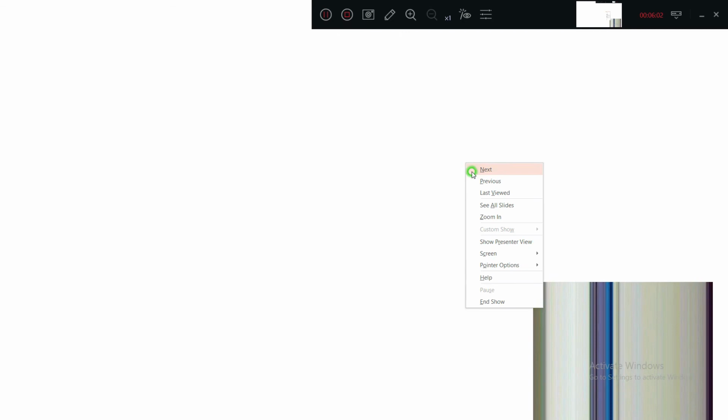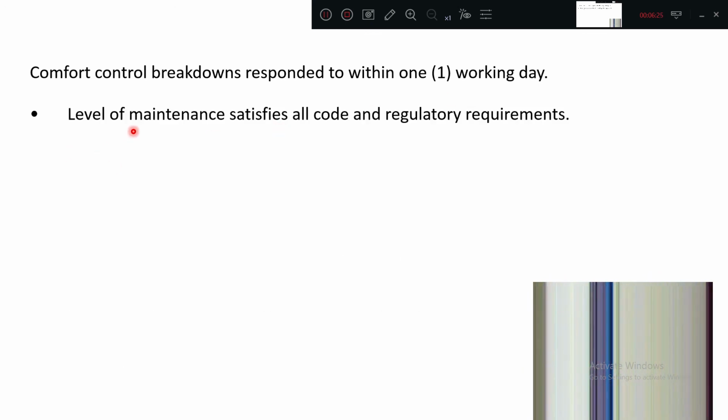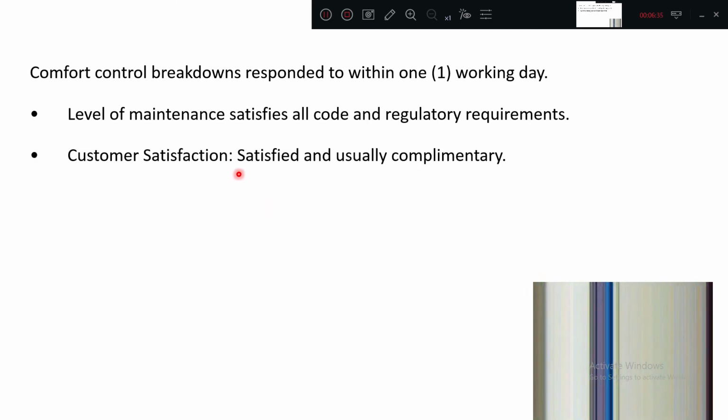Comfort control breakdowns are responded to within one working day. In the previous level it was less than 24 hours, but here also the comfort is maintained. If any breakdown happens in comfort, it is also responded to within one working day. It is the level of maintenance which satisfies all code and regulatory requirements. Regulatory and codal practices. Customer satisfaction: in the previous case it was very high, here it is satisfied and